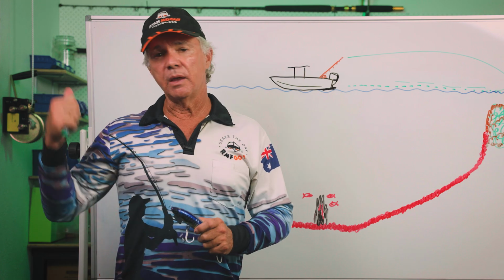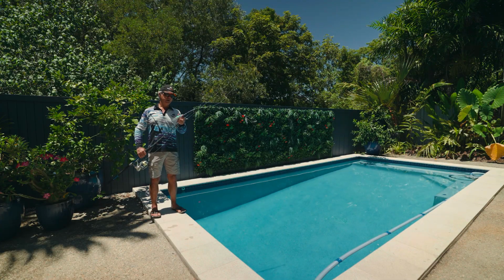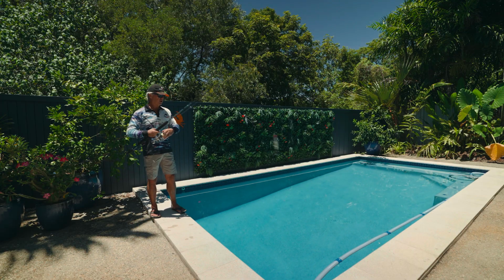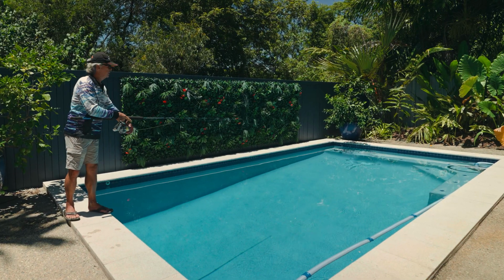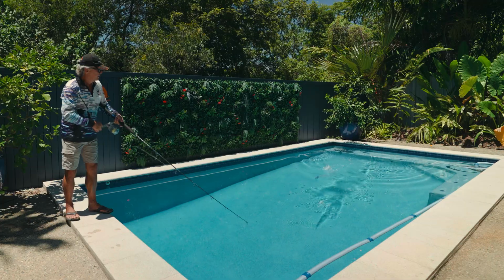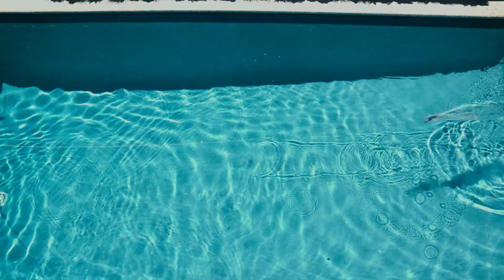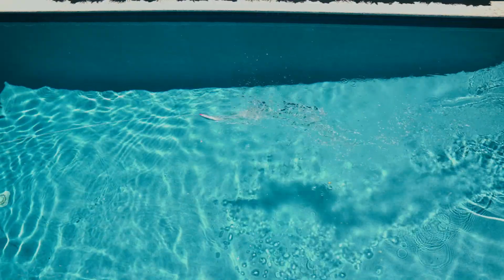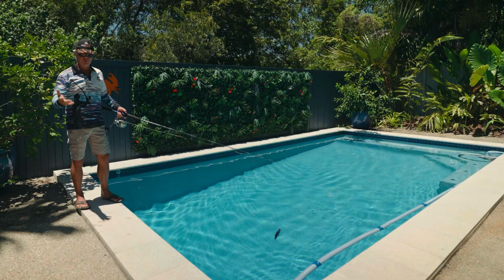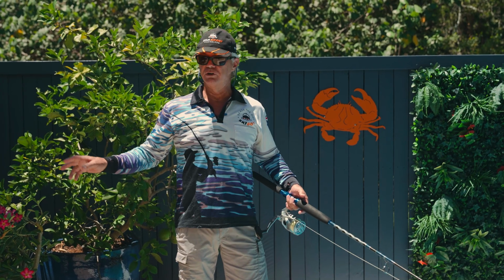And now I'm going to take you out into the field and show you how it's done. So with floating stick baits, if you're chasing GTs and mackerel, what you need to do is a constant medium to fast retrieve, resembling a garfish skipping across the surface. So it's just like a fast retrieve like so, all the way to the rod tip. Now that's resembling a garfish skipping across the surface, but that is a little bit difficult for bottom dwelling species like coral trout, etc., to have a go at because it's just a little bit too quick for them